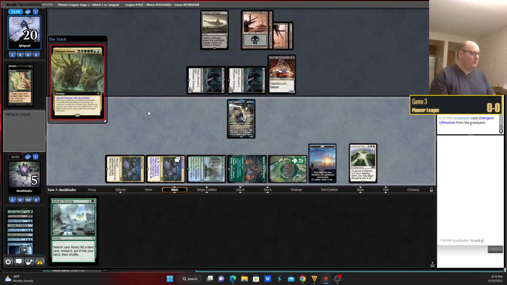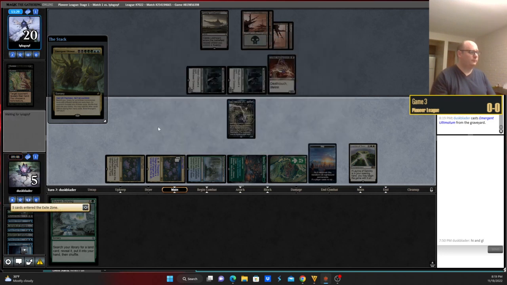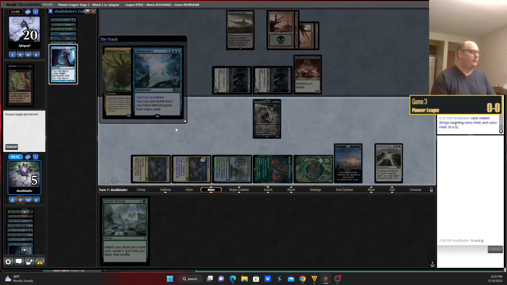If we have a removal spell here, we're in a bit of trouble, but at least this gives us a do that, do Hidden Strings, do Pour Over the Pages. Okay, cast Omniscience, cast Hidden Strings,